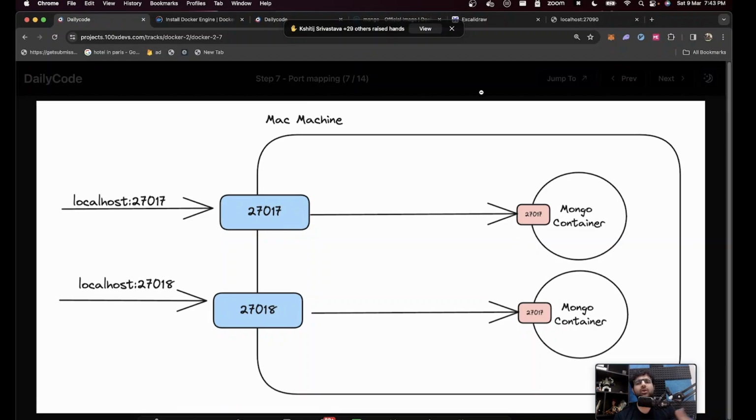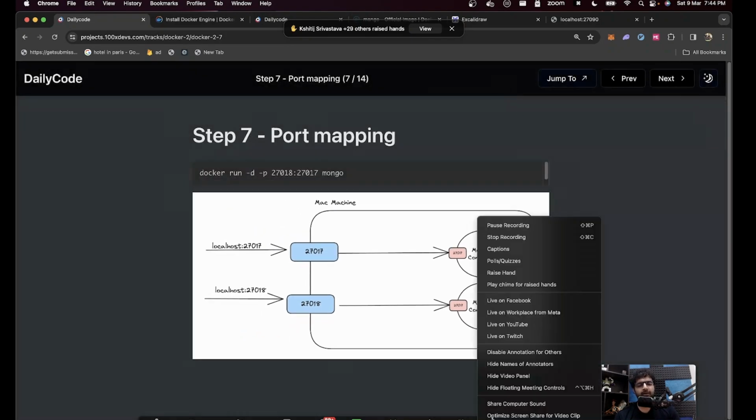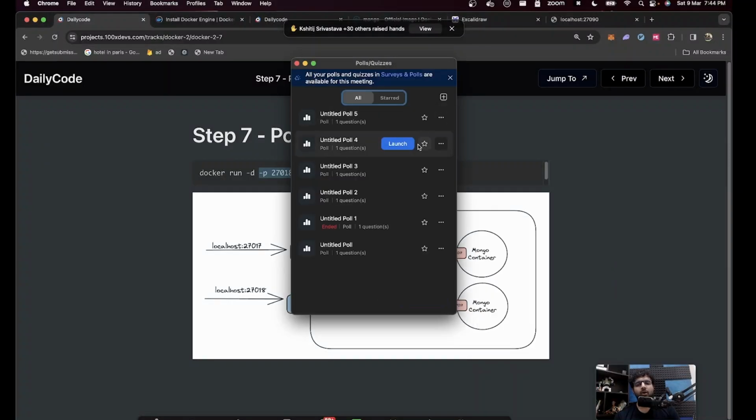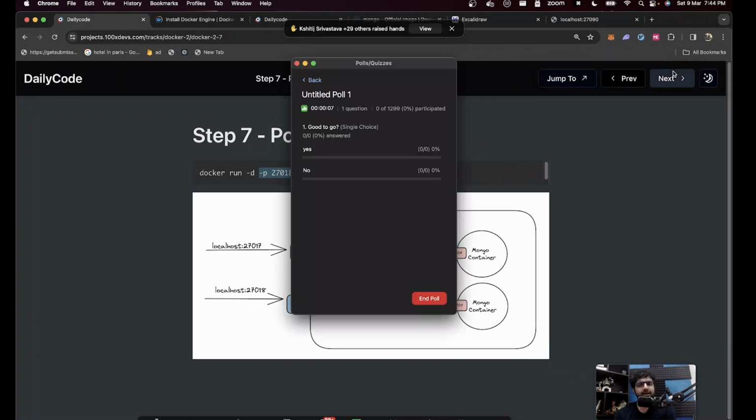A lot of times you don't need to expose a container. You just want to start a container that does some random task, and you don't need the world to be able to talk to it, in which case you don't have to add a port mapping. Do you understand what a port mapping is and why we need to add this whenever we are starting, let's say, a Mongo container or a Node container? Again, if you have an application that doesn't need to talk to the internet, then it can just independently run. You don't need to add a port mapping over there.